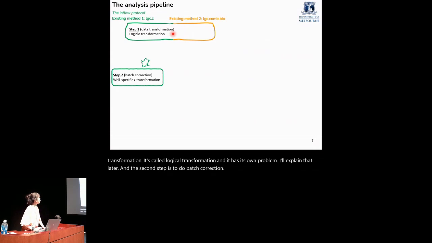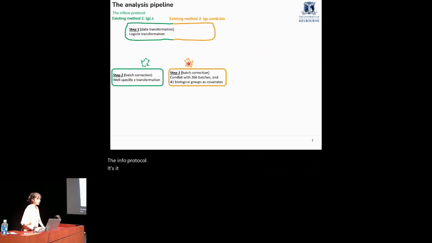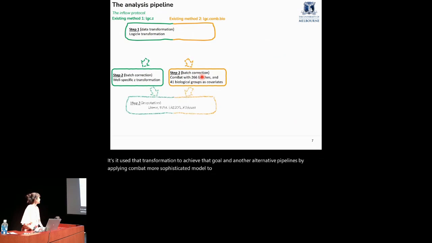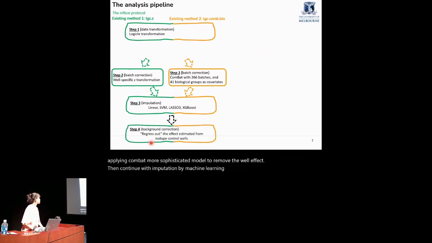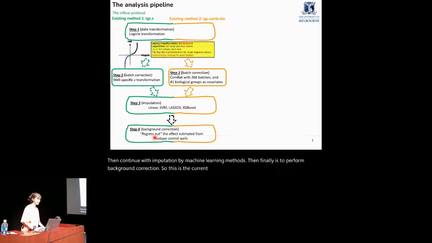The info protocol uses Z transformation to achieve that goal, and other alternative pipelines apply ComBat, a more sophisticated model, to remove the well effect. Then they continue with imputation by machine learning methods. Then finally they perform background correction. So this is the current pipeline, and we are not happy with that because, firstly, when we look at logical